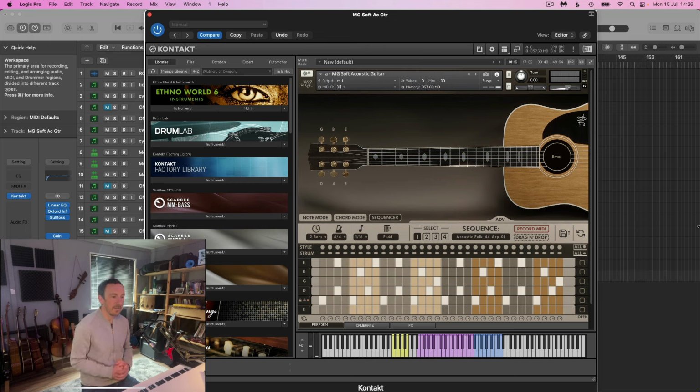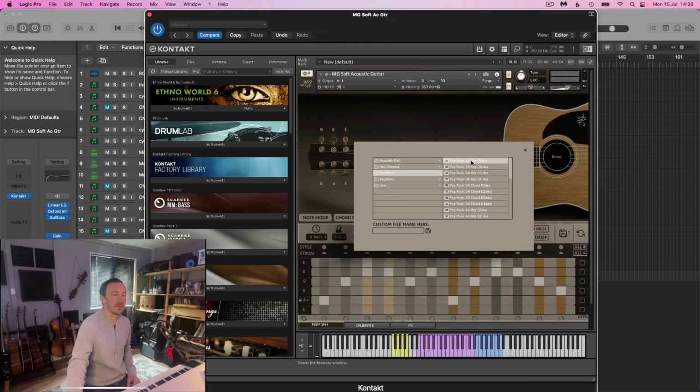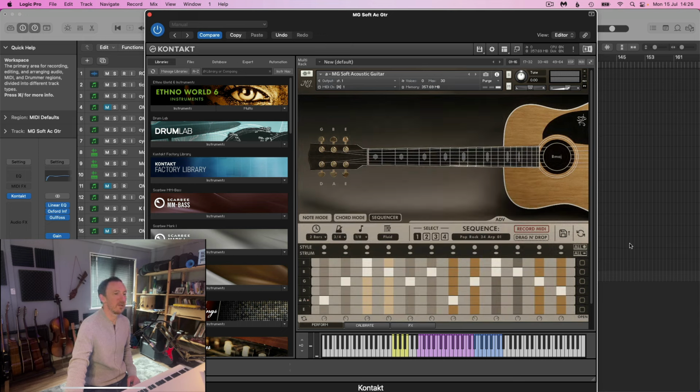So here we go. Like I say, that was one of the sequences. If I just show you this icon here, we have lots of different, let's take a pop rock one, 3/4, let's take this first one, close that up, and we've got another sequence loaded up. They come in either 1 bar or 2 bars, and if I play this,